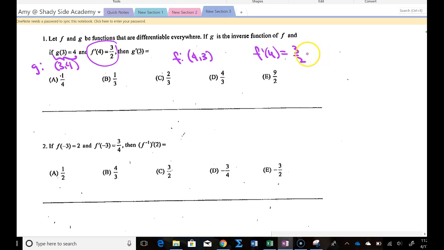And don't forget, we can't forget the basics, slope is change in y over change in x. Well, what does this tell you? If this point, (4, 3), corresponds to (3, 4), and the slope on f at x equals 4 is 3 over 2, and 3 is a change in y, 2 is a change in x, then that means g prime